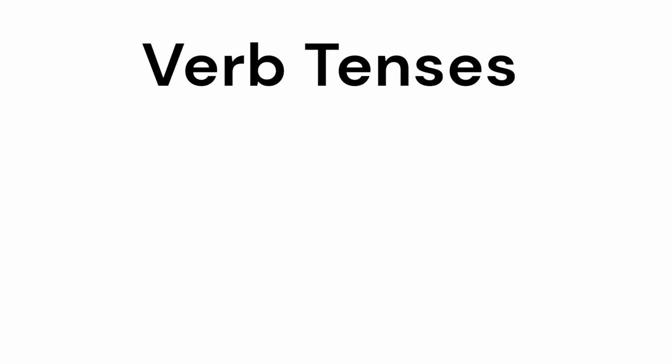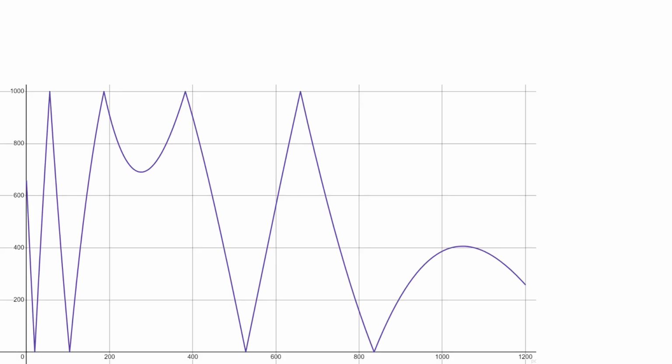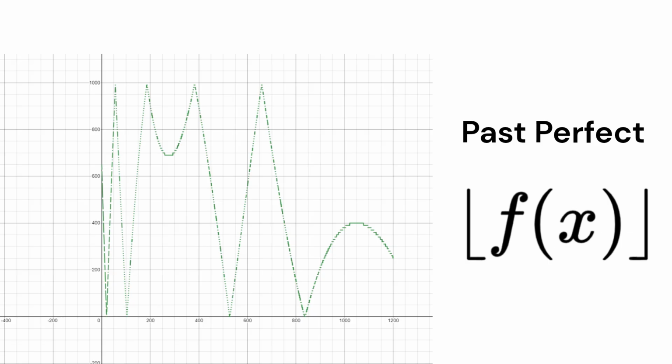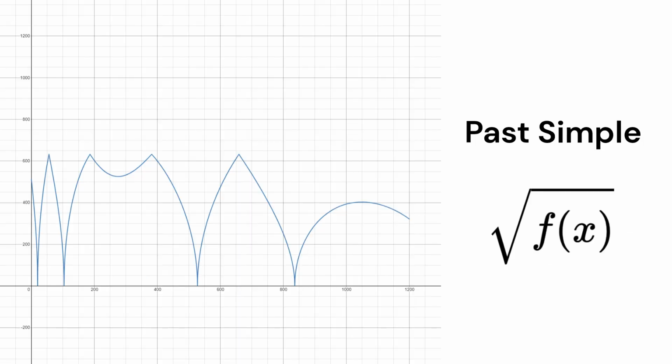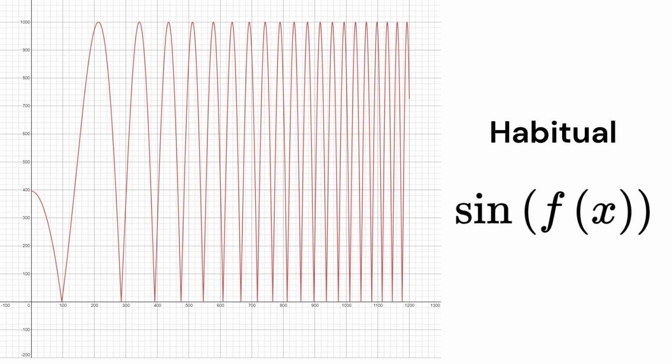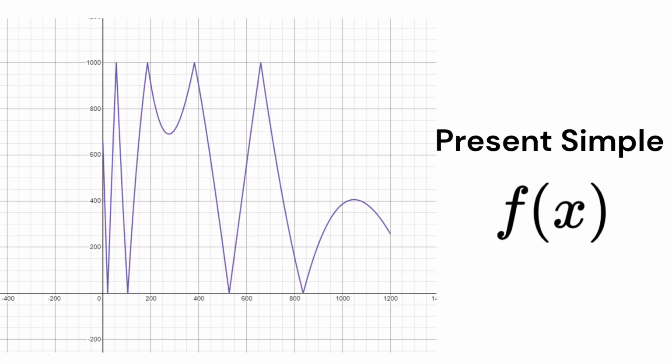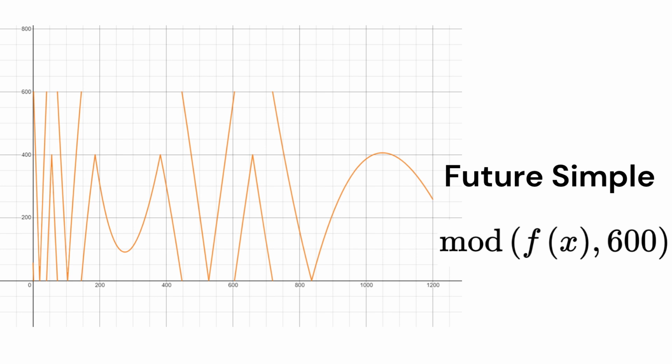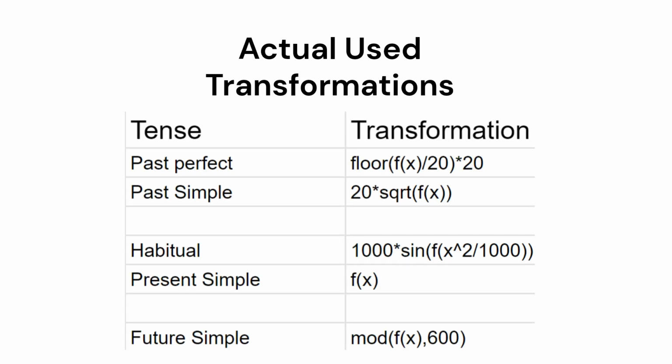Verb tenses are determined with transformations of the graph of the word. I will show examples on the screen with the verb to be. Past perfect uses floor, past simple uses square root, habitual uses sine, present simple just uses the base form, and future simple uses mod 600. All of the tenses don't use the exact functions that I listed, but modified versions that make them sound better